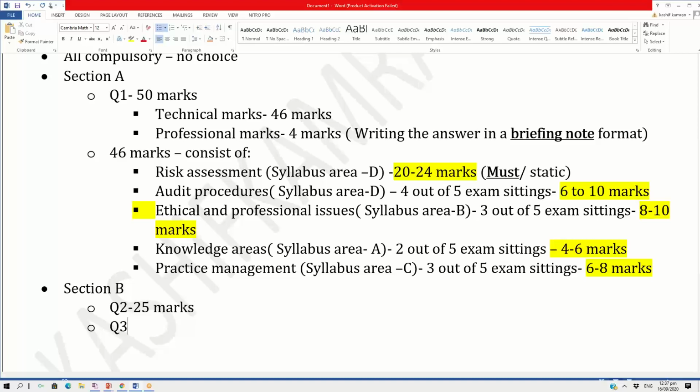And question number 3, 25 marks. Now, is there any ideal definitions of these papers? Yes. Just before I start on with section B, question 2, question 3, just write one thing very important here,